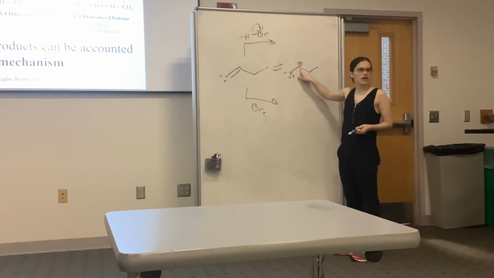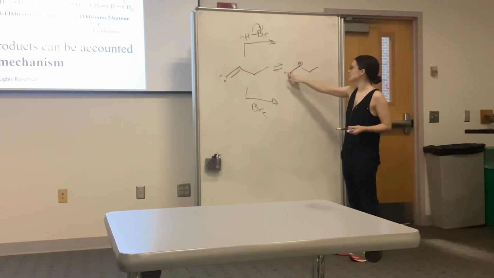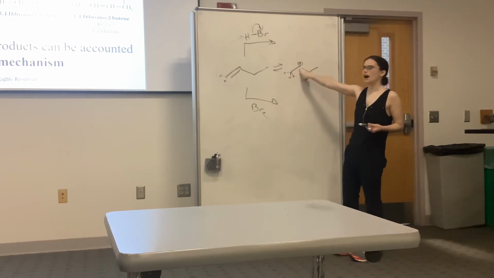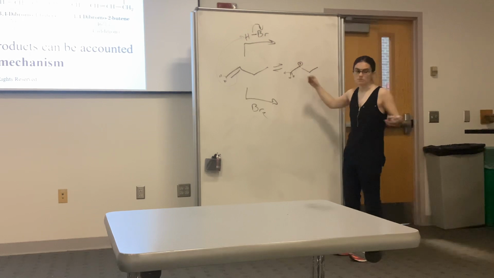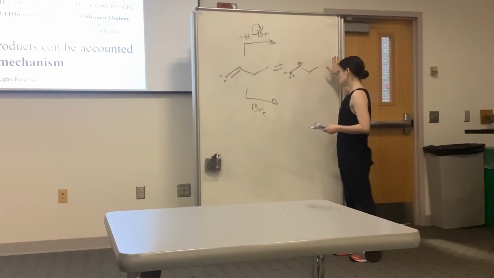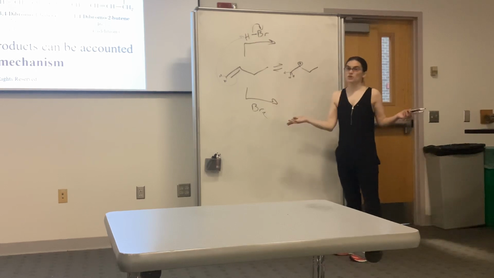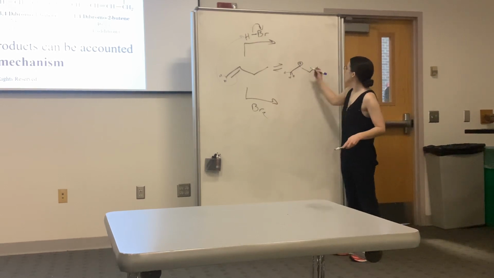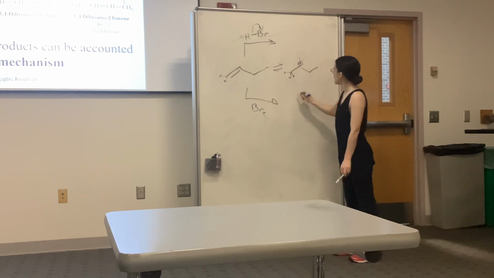And then we get a positive charge on here, right? And we have the positive charge here and not here because it's more stable here, just because it's more substituted. It doesn't have anywhere to go resonance-wise, but that's because we don't have conjugation yet. Then this guy comes in, and we get,